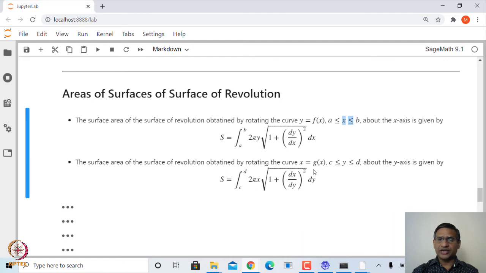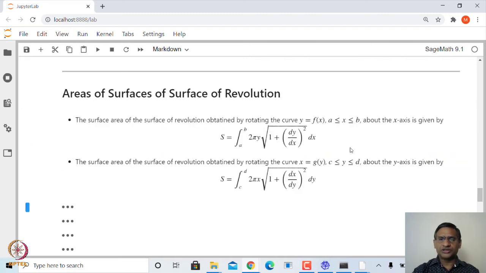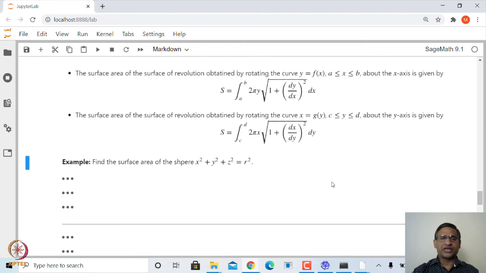In case you rotate this about the y axis, then the formula is the integral from c to d, that is the domain in which y varies. So, here it should be x equal to g(y). So, this is the integral from c to d of 2 pi x into square root of 1 plus (dx/dy) the whole square. So, using this let us try to find, for example, the surface area of the sphere